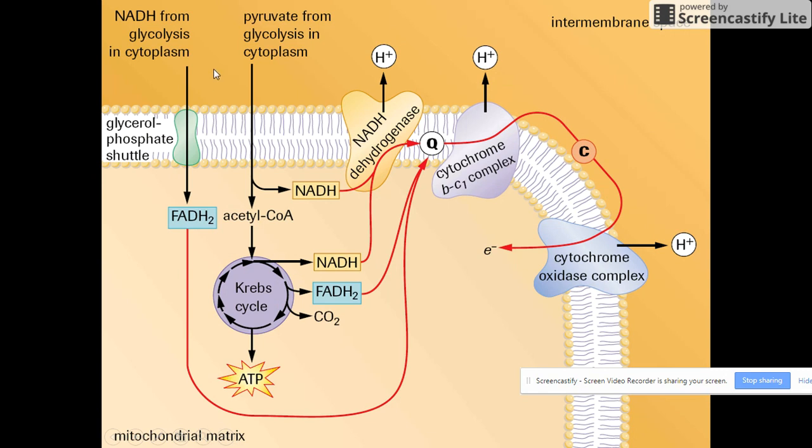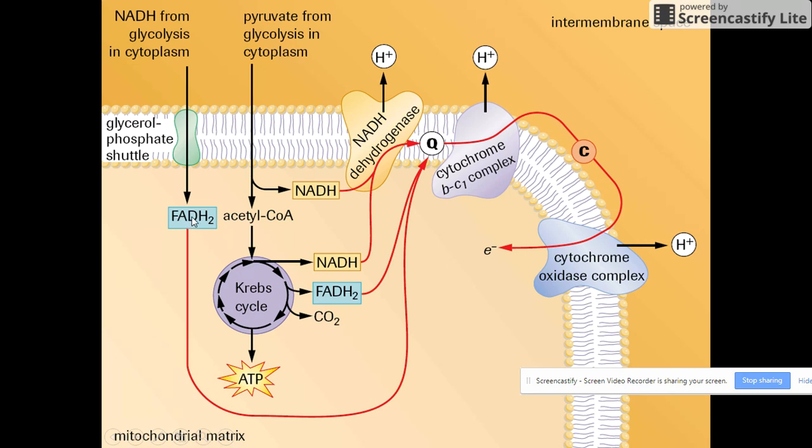Okay, so we mentioned on the previous slide the idea that the NADH made in glycolysis gets converted to FADH2. The theory is that because the NADH is in the cytoplasm, it has to get into the matrix. And when it does that, it passes through a glycerol phosphate shuttle, and in that process it gets converted to FADH2. There's a reason why that's important in terms of tallying up the amount of ATP produced, and we'll get